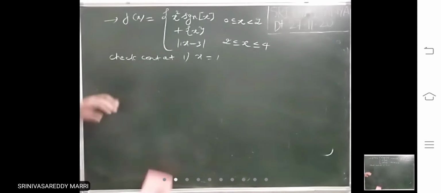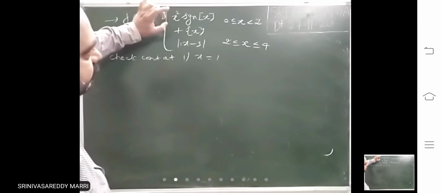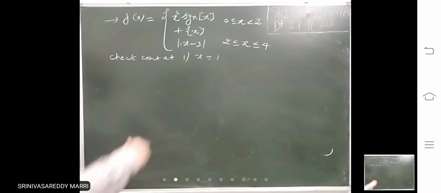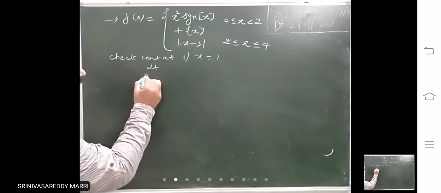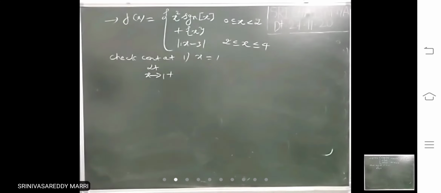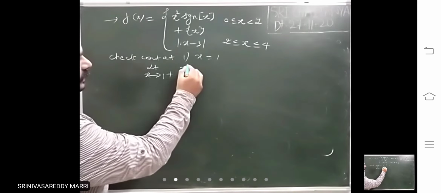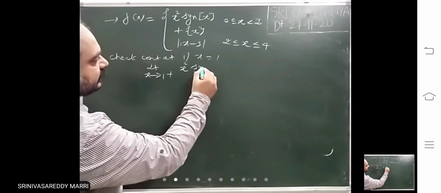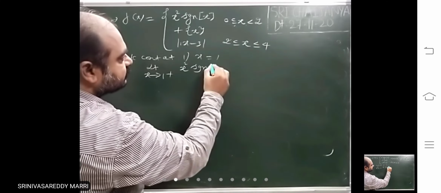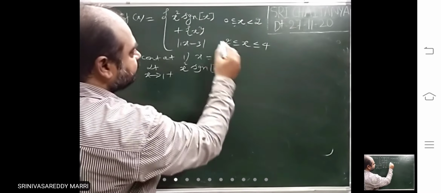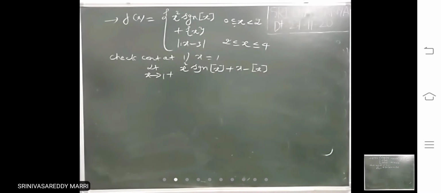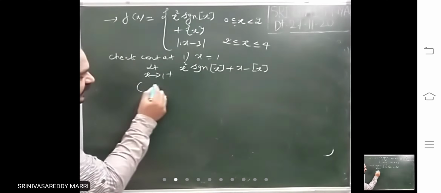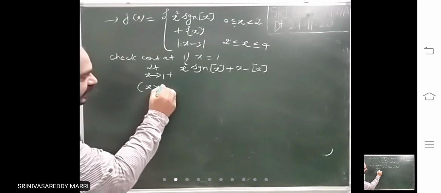x equal to 1. The function seems to be more difficult, more typical, but doing it will be very easy. Look at 1, simply write limit x square into, write this x greater than 1, just greater than 1. This is step x plus fractional part of x. Whenever fractional part is there, you write x minus step x. Now look at this step x definition, you have to write x just greater than 1.